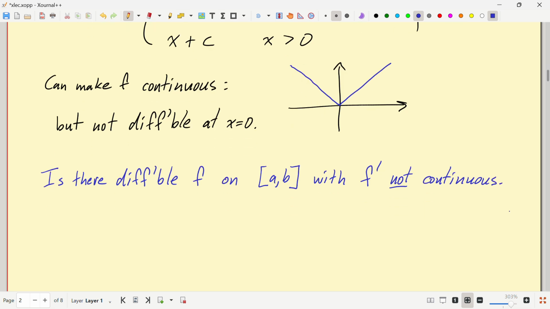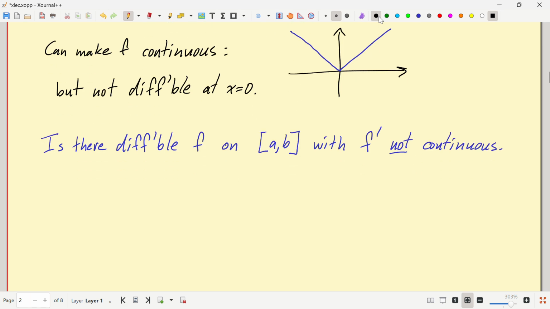I had to search my memory for a while to come up with it. It turns out we showed you can't have a jump discontinuity, but you could have what's called an oscillatory discontinuity. And the classic example for this problem, it's quite easy, is